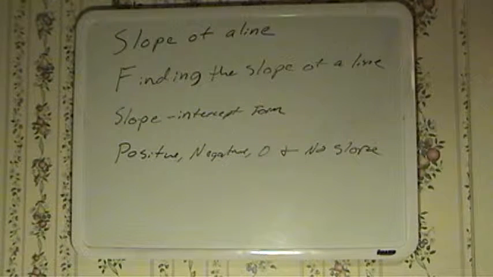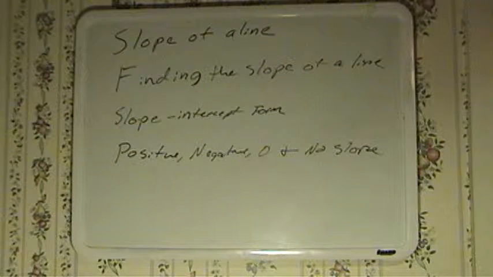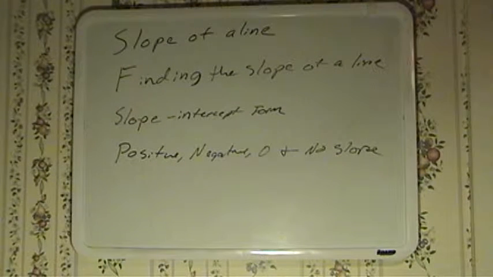You'll see as we go through this, if you're finding the slope or you have something in slope-intercept form, you'll know if it's positive, negative, zero, or no slope. But we're talking about recognizing that if you just have the graph, if you don't have the numbers. So we're going to start here